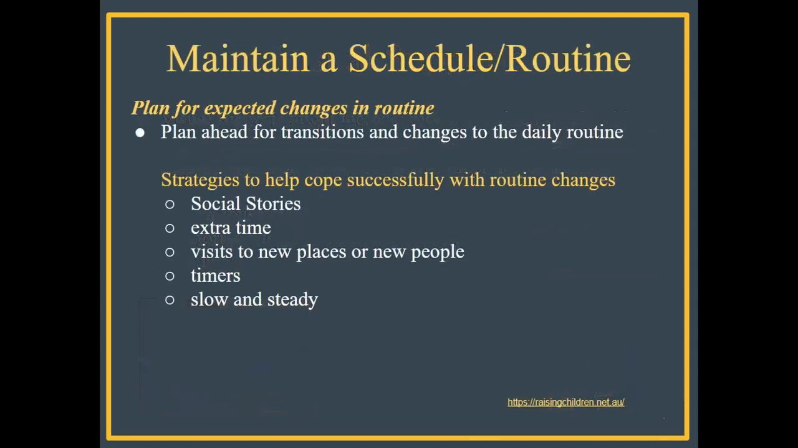We also want to maintain a schedule or a routine. Even very small or slight disruptions to a routine can cause a child diagnosed with autism to feel distress and confusion. Sometimes disruptions to the routine are unavoidable, such as changes that may happen in a schedule, school timetable, or school trips. We need to plan ahead for transitions in the daily schedule and plan for any expected or unexpected